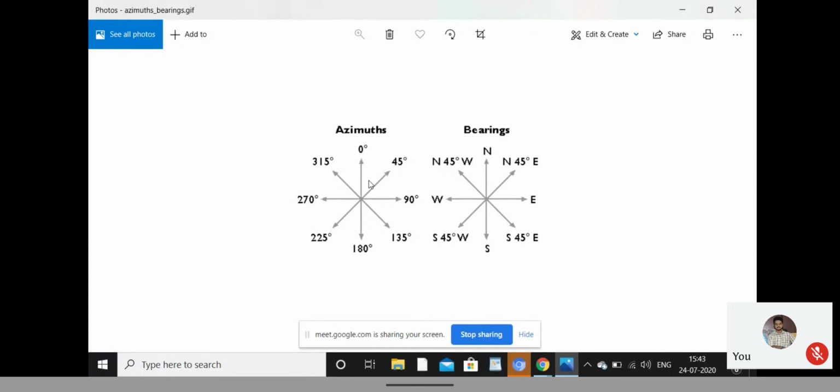Remember this image to show the 4 condition, and to show the 8 condition, you need to remember this image. Now, the next one you see: if you want to show north, set 45. If you want to show east, show 135. If you need to show south, show 225. If you need to show west, show 315.